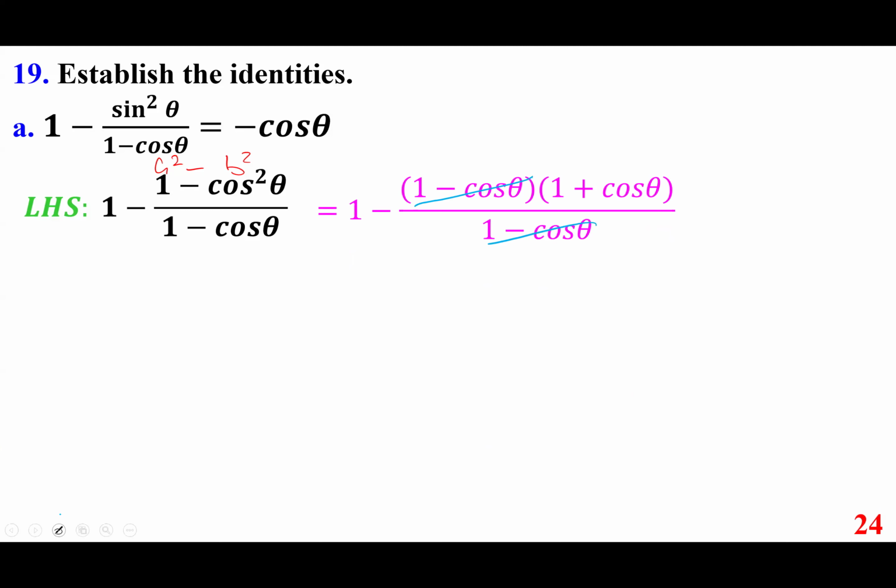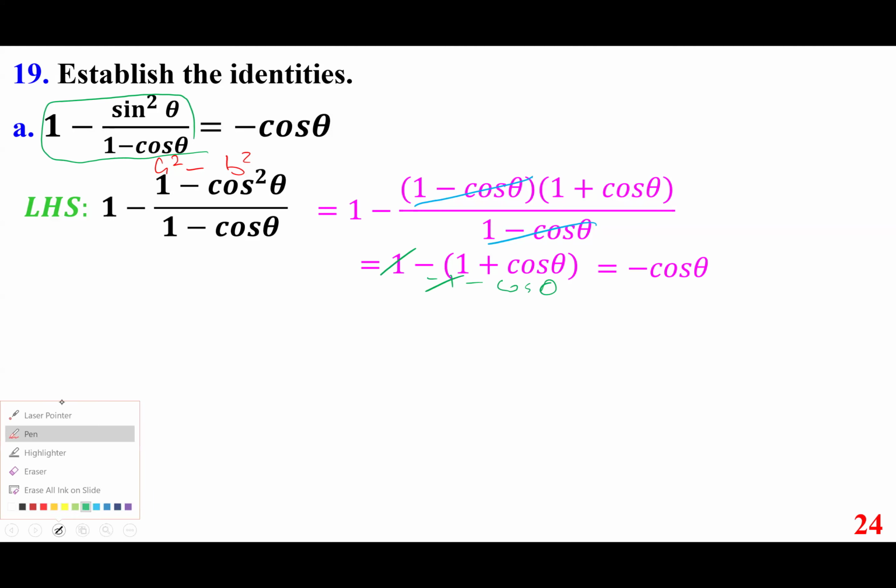These two cancel each other. 1 minus 1 minus cosine theta. I hope you recognize this as minus 1 minus cosine theta. The final answer is negative cosine. This is simple enough. I want to quickly show you the second method because this may not come to your mind. All you have to do, take a common denominator right here,